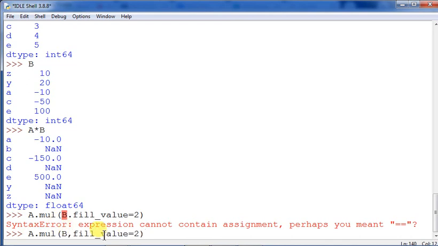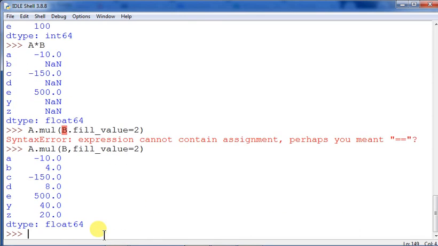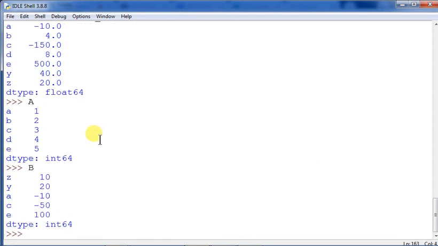All right, so now you see out here, the value will get multiplied by 2. So it has become 2, so 2 into 2 is 4, because the NaN values have been filled with 2. That's why B has no value in series B. So A is having 2, so 2 into 2, and B is having this. So what is happening?